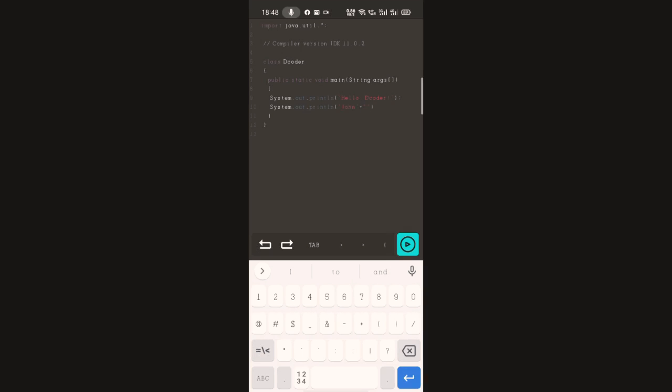Always remember escape sequences are a kind of character, so we always have to write them inside double quotes. Don't forget this, otherwise it will not work. Let's give 2 or 3 tabs so that we understand it's giving a space like a tab and it is working.